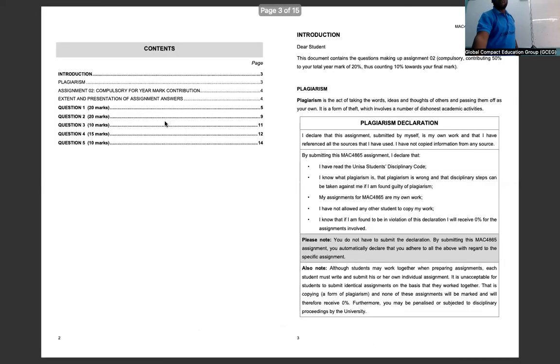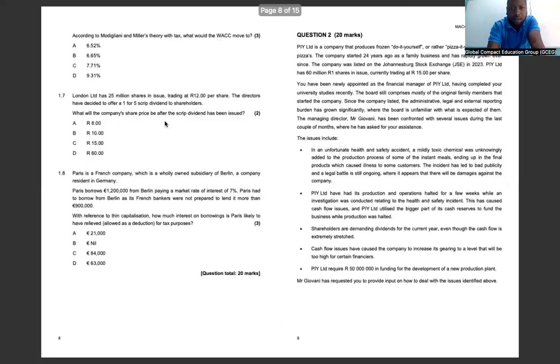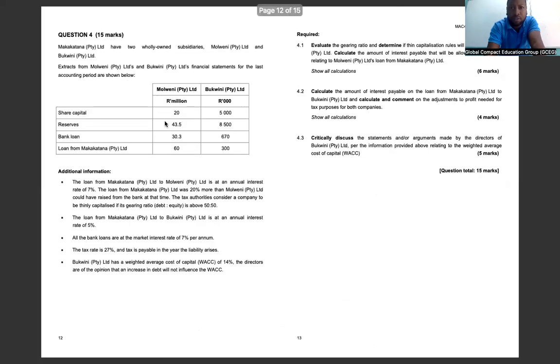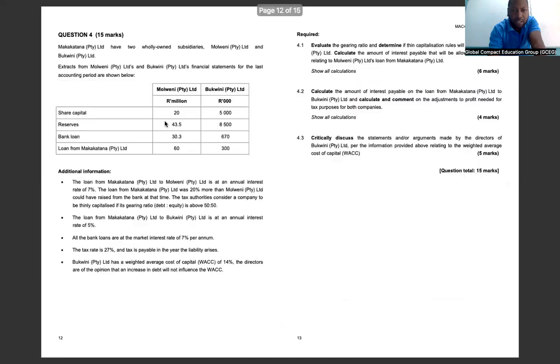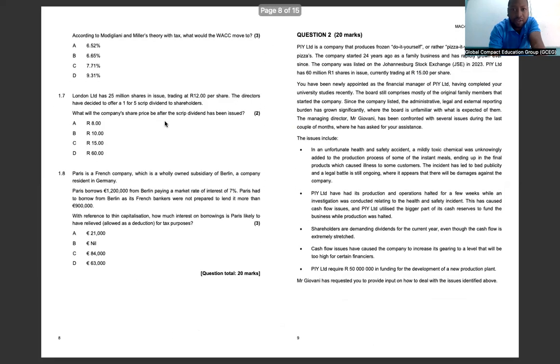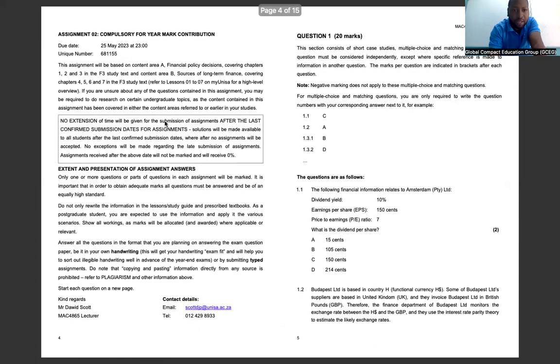So let's start with the multiple choice. We have multiple choice questions up until question 5. All right. So I'll assist only with the calculations and I'll guide on the theory. Now, the first question